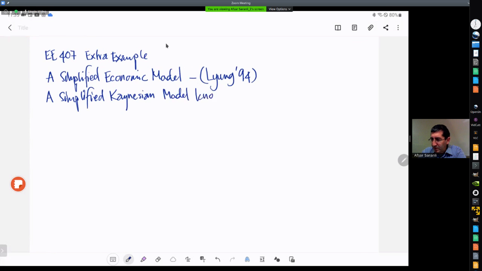This is known as a multiplier accelerator model. This model is by its nature